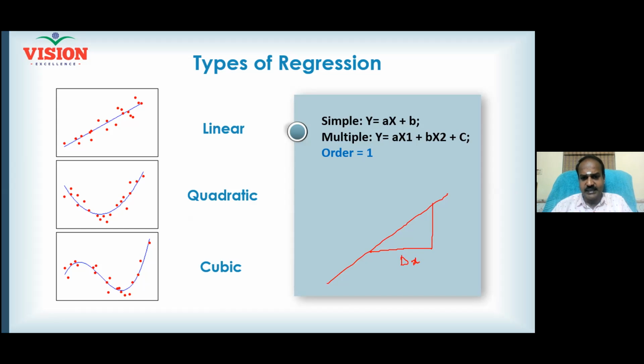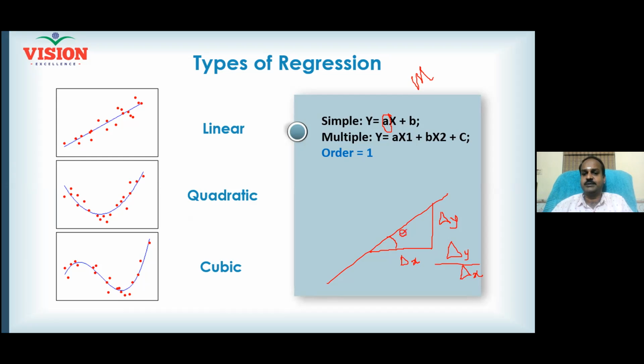Will you be able to measure the length of the line? Possible? Yes or no? You can measure. You can also measure the vertical length of the line. Del y, and this is del x. Now, can you find out the ratio del y divided by del x? Possible? Yes. That is nothing but this. We studied it as m, where m is nothing but the slope of the line.